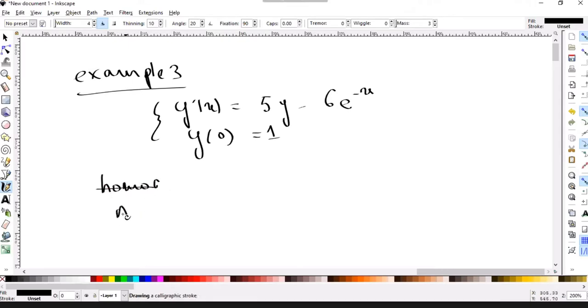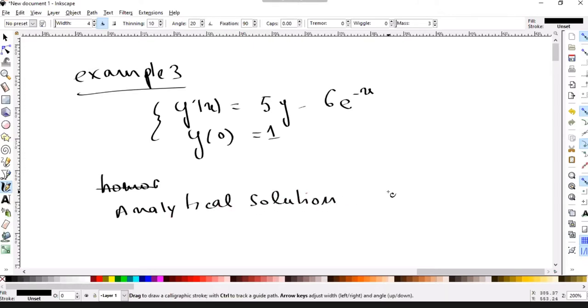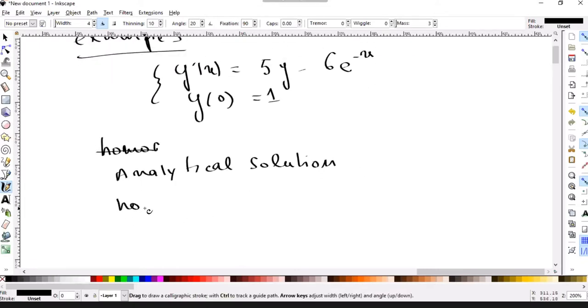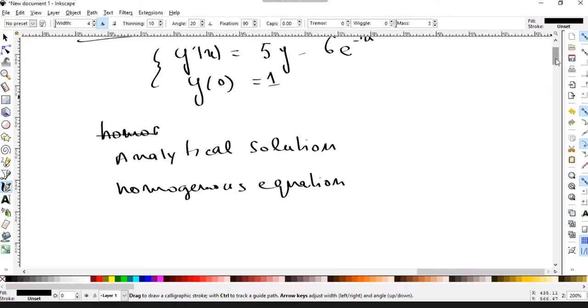So let's find the analytical solution. So for the analytical solution, we use the homogeneous equation. Alright, so in the homogeneous equation here,